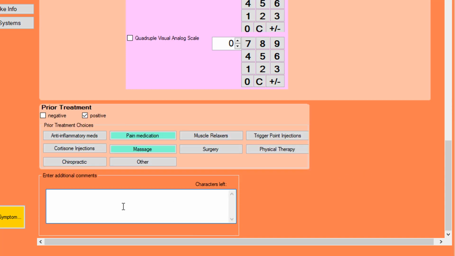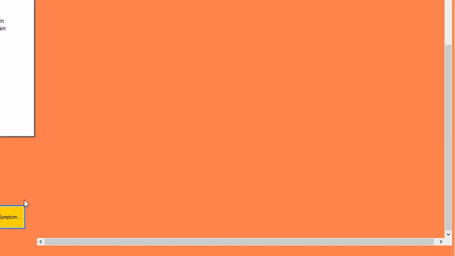If you want to add in other information, now you don't go crazy with this, just other, maybe to give context, like maybe they have pain mostly between the hours of 10 o'clock and 11 o'clock in the morning, then it subsides, and then, okay, then you write something in there. Otherwise, don't worry about that. Okay. If there are other symptoms, you would hit save and next symptom and click on the next symptom and